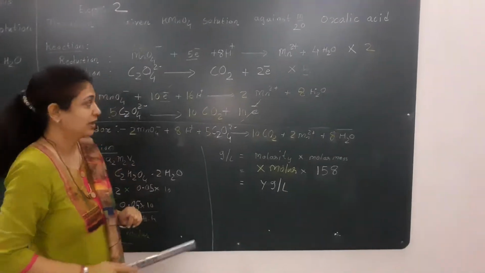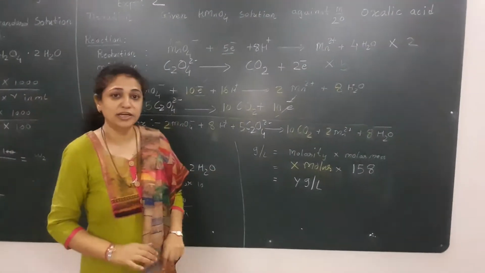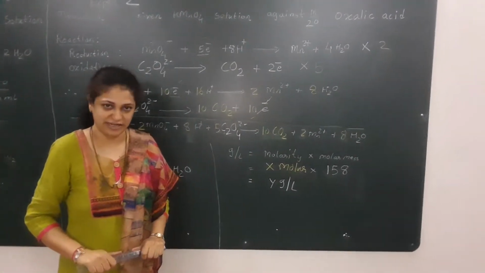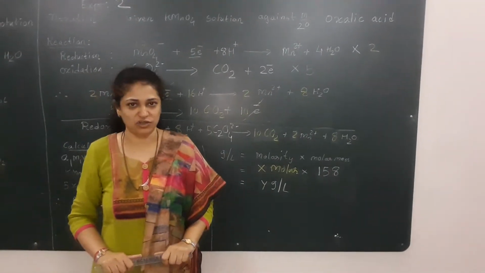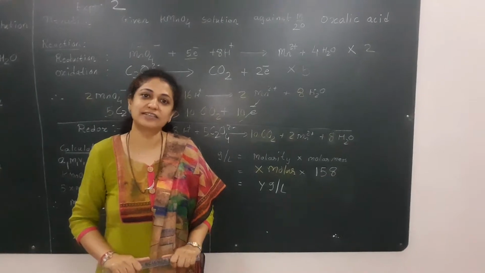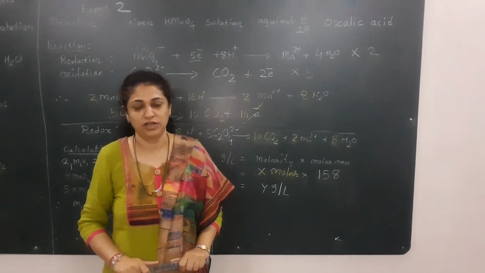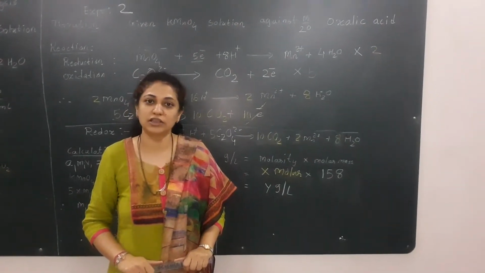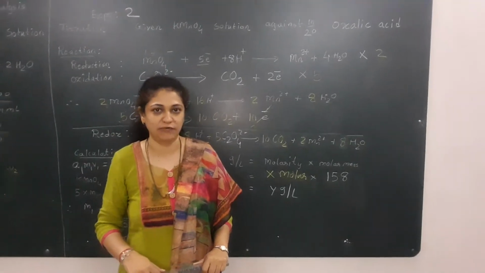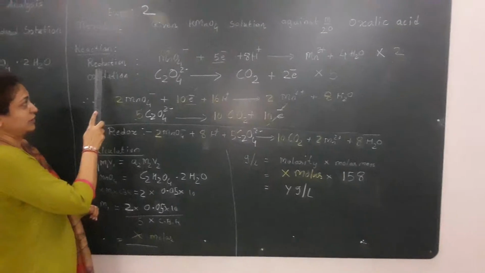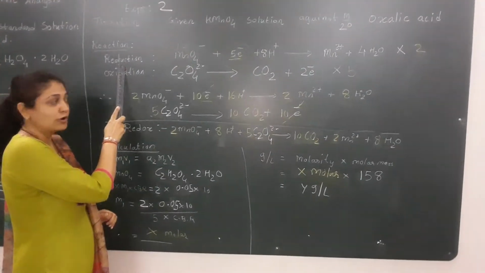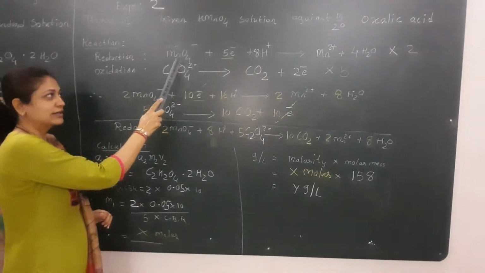which we prepared. Now this titration is a redox titration, that is KMnO4 undergoes reduction and oxalic acid solution undergoes oxidation. So we need to write down the theory, that is the reaction part, in which I will be explaining how it undergoes oxidation and reduction. So reduction of KMnO4, I have written MnO4 minus ion for it.